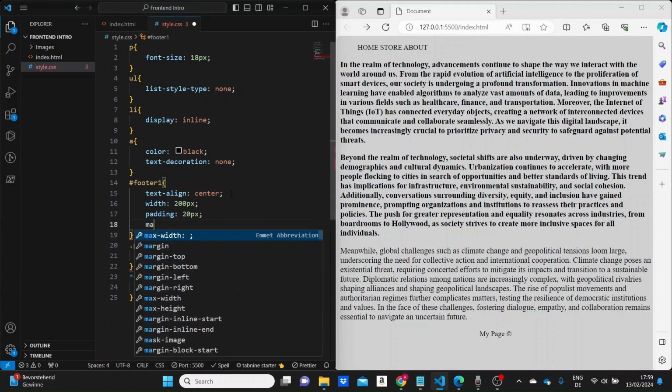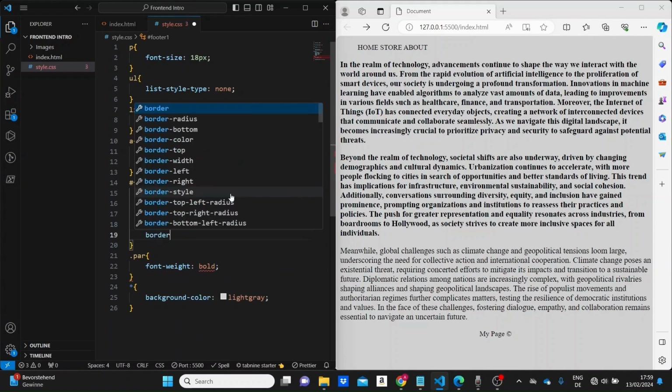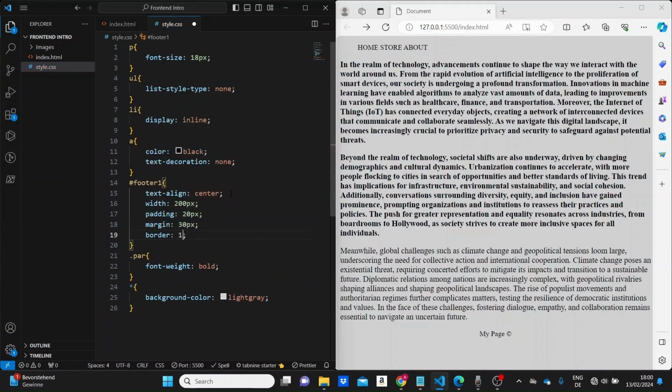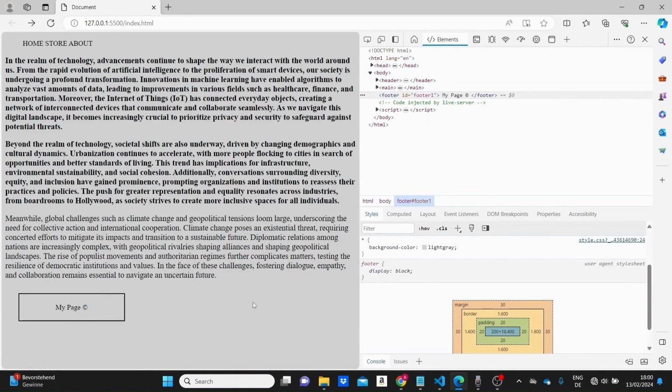I can make the margin 30 pixels, and I'm giving it a border of 1 pixel, or like 2 pixels. I'm making it solid, so it's not dashed or anything like that, and the color I'm setting to black. If I save the file, this is our footer now. Let me inspect this one more time here,